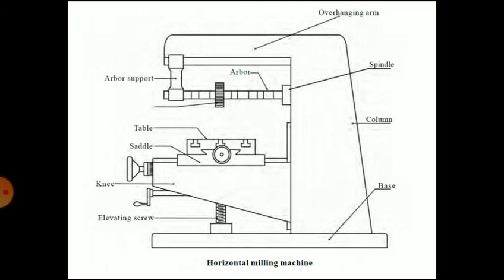You can see the T-slots that are provided on the table where you can place the bolts, and by using the nut and bolt arrangement you can hold the work on the table, or you can hold the work holding devices on the table. Trip dogs are provided on the side of the table to limit the longitudinal feed. In universal machines, the table may also be swiveled horizontally.